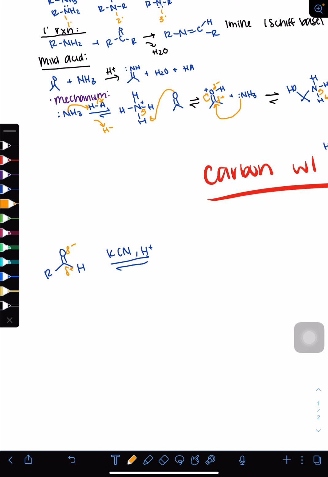So these bonds on this C, they're going to be attracted to that carbon there, which will break one of these double bonds to give it back to the oxygen,